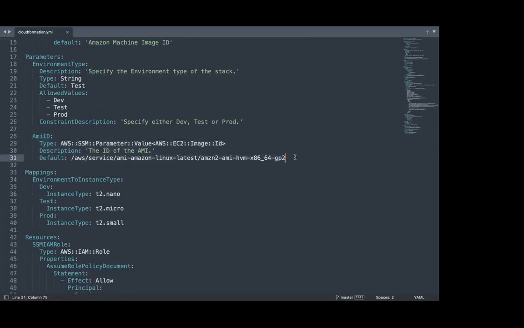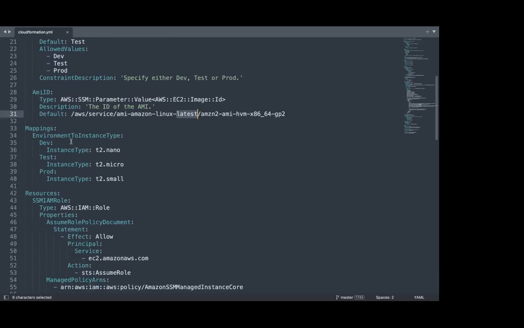We understood in the mapping that you can take a map, you can take another thing. Why I have done it in this fashion is that here I don't have to even define the AMI ID. By default, it's always going to take the latest AMI ID, which is Amazon Linux 2 latest, without me having to worry about what the AMI ID is. Then I'm giving a mapping: if you are in the dev environment, launch T2 Nano; in test, T2 Micro; and in prod, T2 Small.